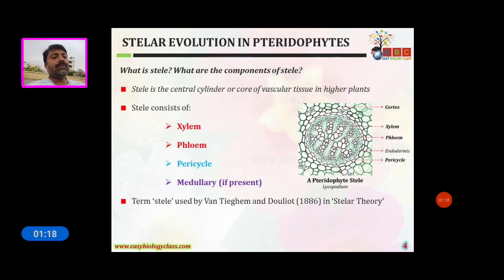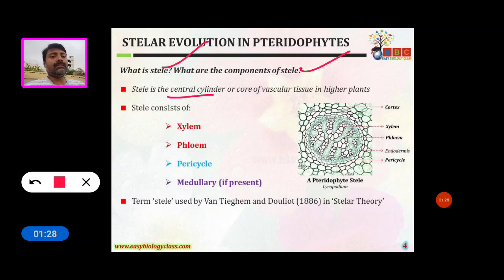So now see what is stele and what are the components of stele. Stele is the central cylinder or core of vascular tissue in higher plants. So stele consists of